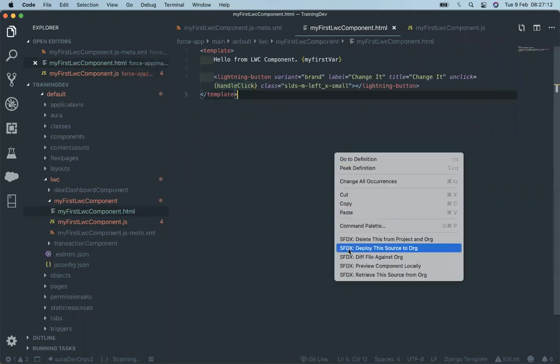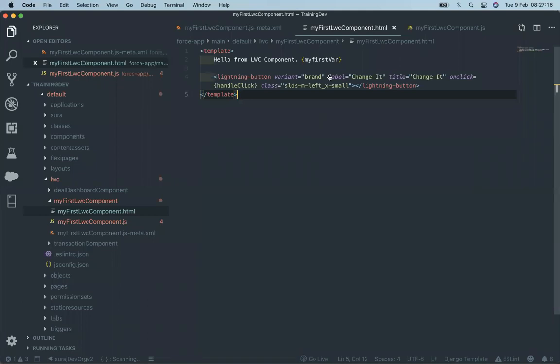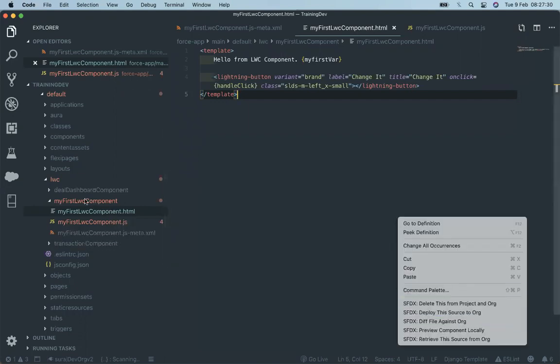And then I just deploy this too. Whenever I deploy one of the files, it automatically deploys all three files. It doesn't mean that you have to deploy all the files one by one. No, if you deploy any one of the files, all the files related to this folder get deployed.